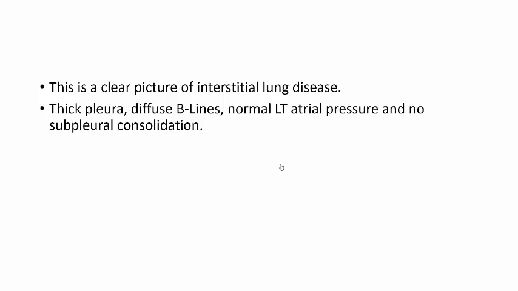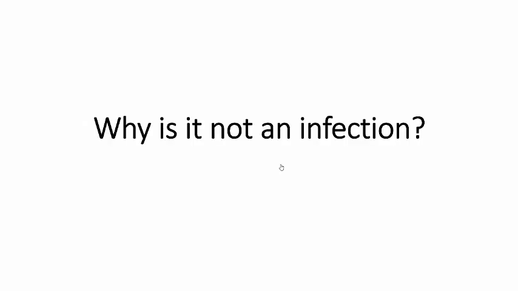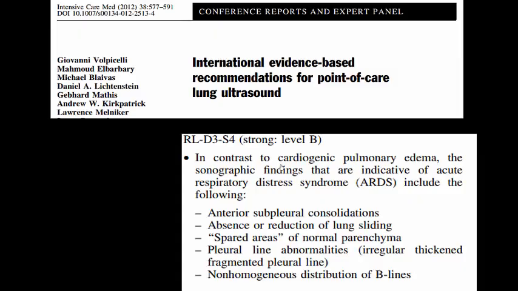Okay, this is a clear picture of interstitial lung disease. Thick pleura, diffuse B line, normal left atrial pressure, and no subpleural consolidation despite this diffuse B line. Why isn't it an infection? Good. There is a very important international evidence-based recommendation for point of care lung ultrasound, done in 2012 and published